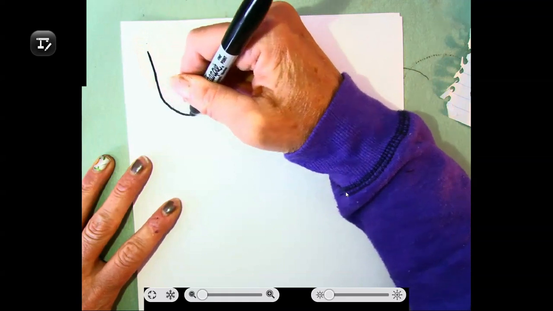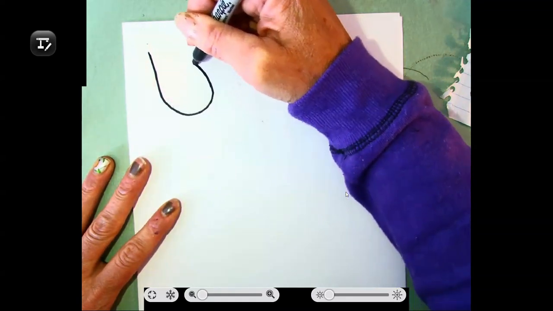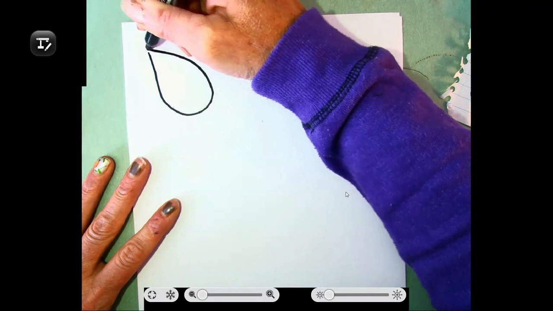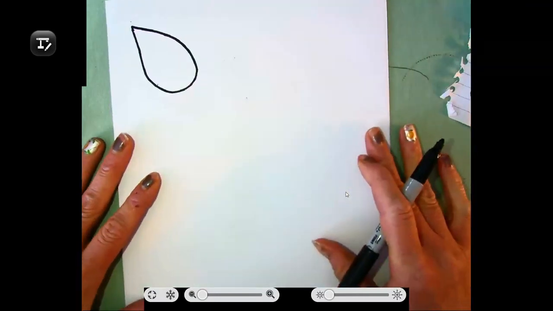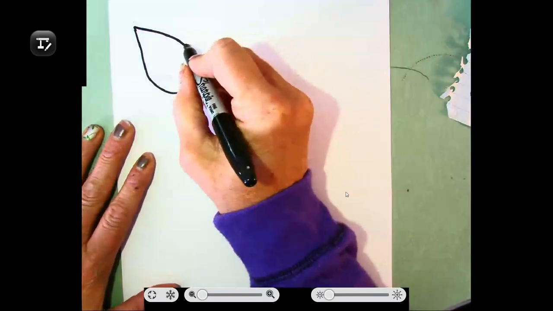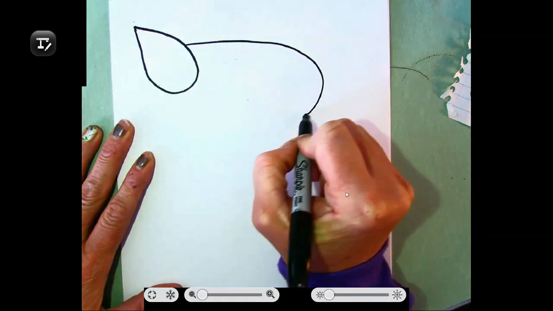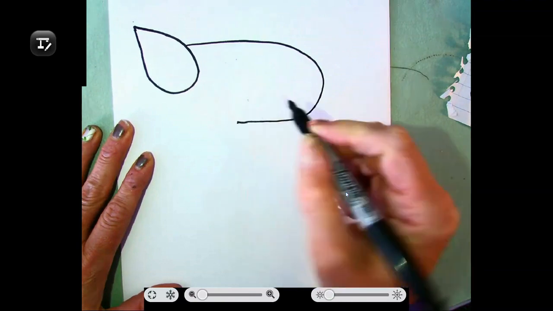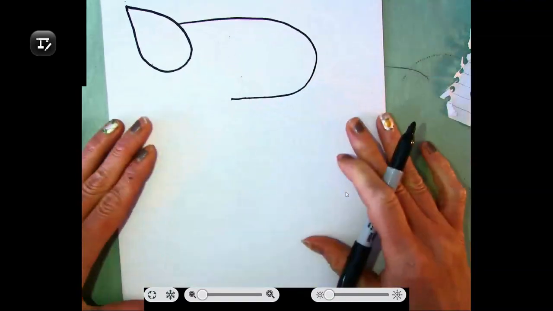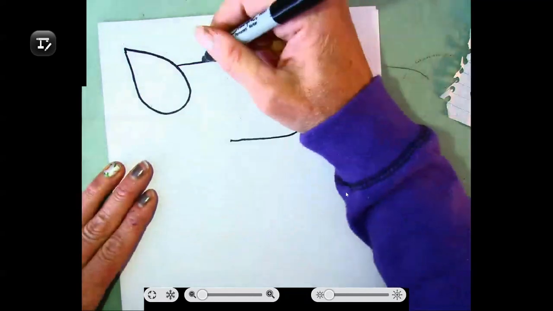Okay, start with your paper vertically and make a big teardrop on the top corner of your paper. This will be our giraffe's ear. Then we're going to make a big sideways J for his face. Now go in a little bit